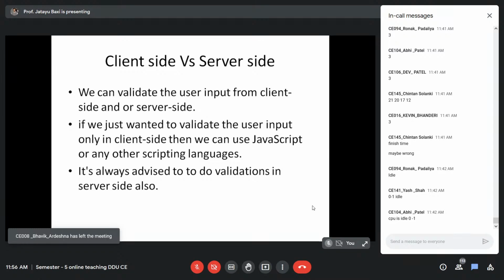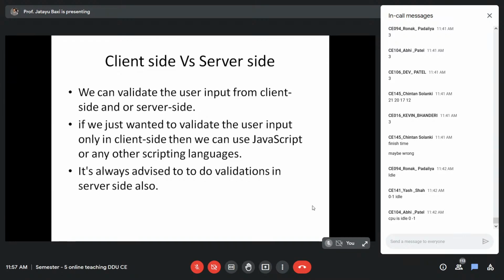Now, as you might already be aware, validations are done in two different ways. One way is to validate the input from the client side, and another way is to validate on the server side. The meaning of client side validation is that as soon as you write some input in the input fields, the validation is activated immediately, and your validation is done in your browser only through client side scripting such as JavaScript.